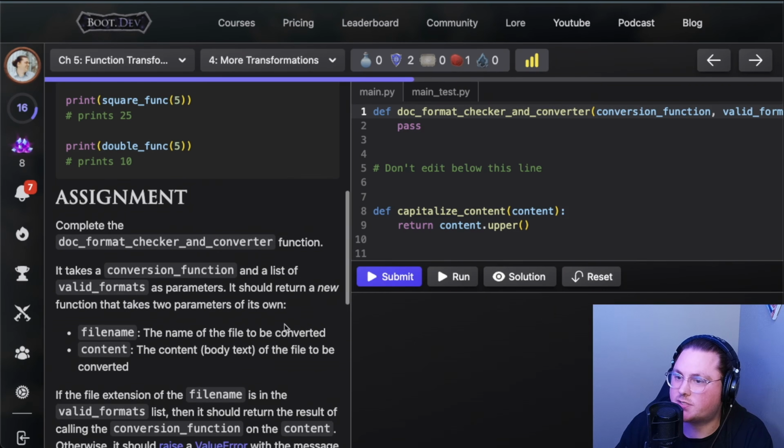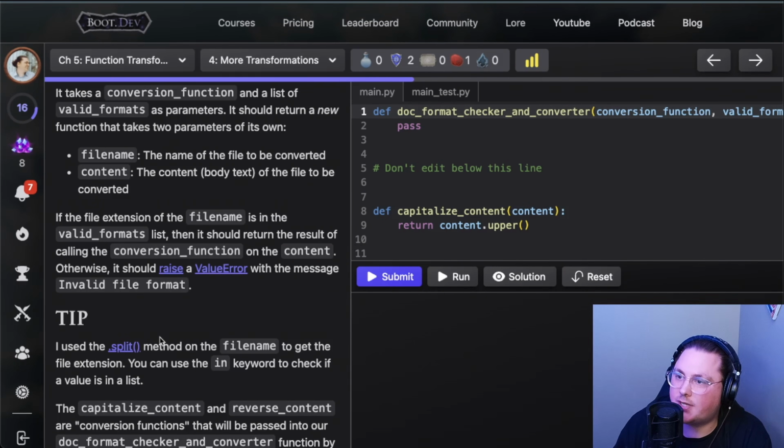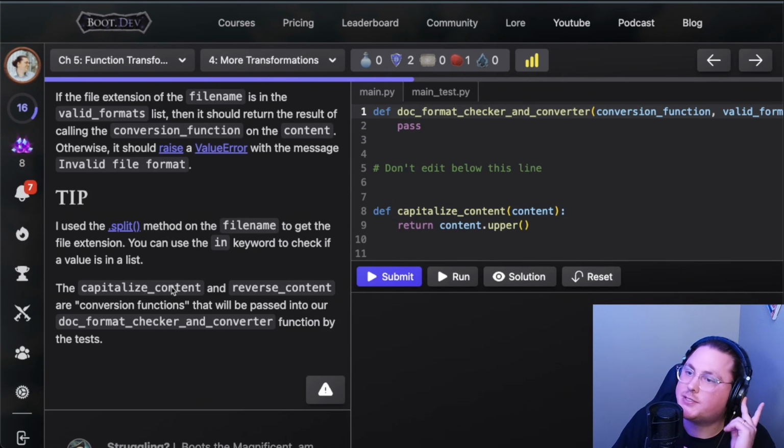So we have a conversion function and valid formats. If the file extension of the file name is in the valid formats list, then it should return the result of calling the conversion function on the content. Otherwise, it should raise a value error with the message invalid file format. Tip, I used the split method on the file name to get the file extension. You can use the in keyword to check if a value is in a list. The capitalized content and reverse content are conversion functions that will be passed into our doc format checker and converter